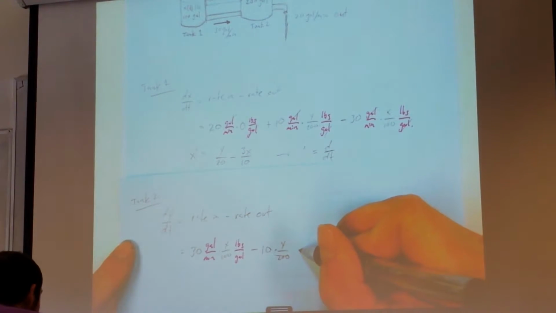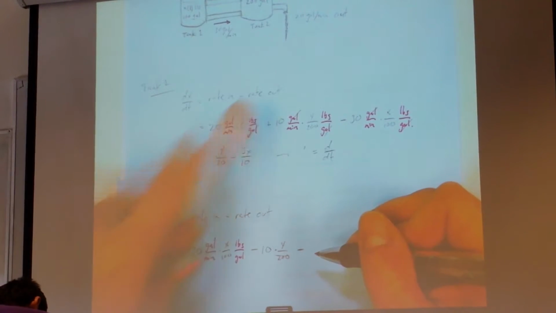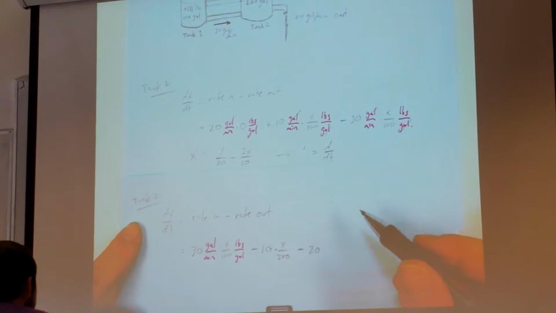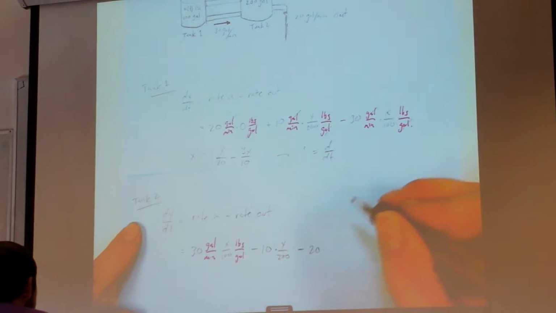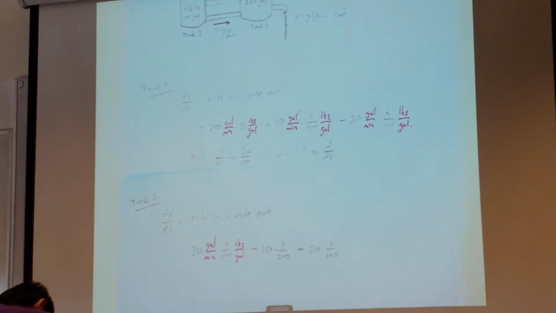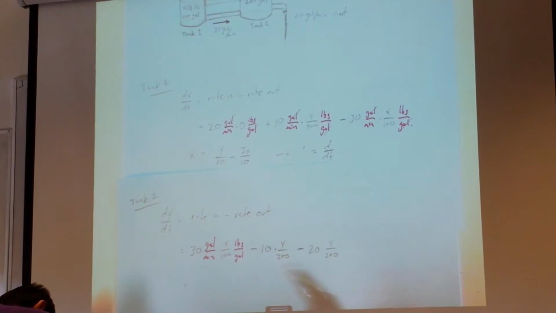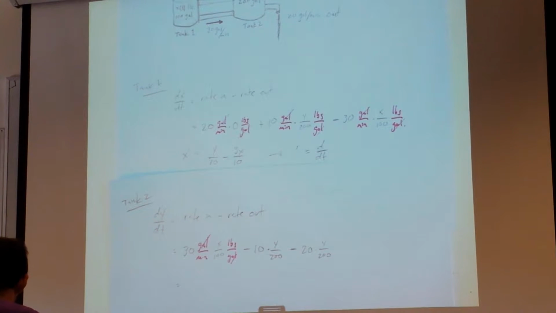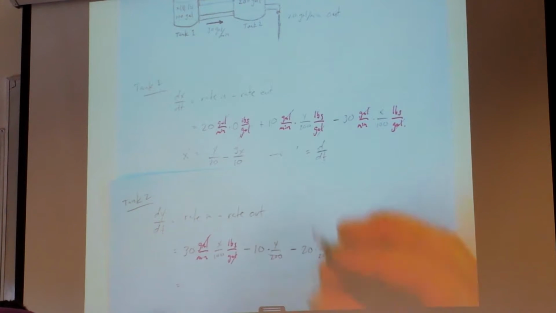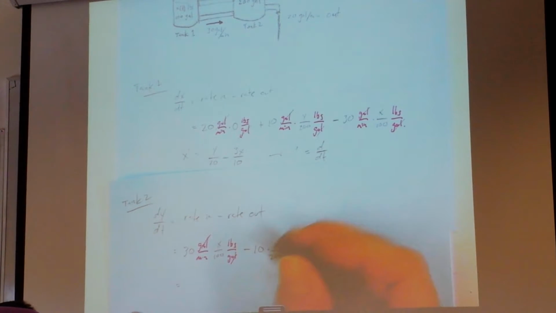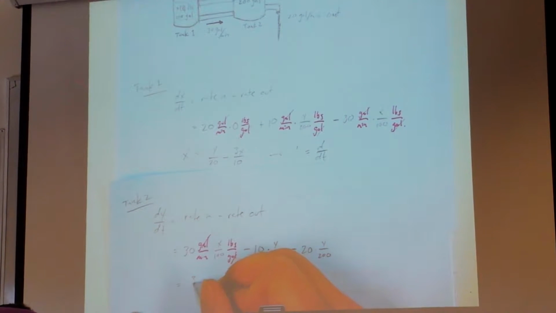And another one coming out, 20 gallons per minute with concentration y over 200. So gallons cancels, and we're talking about a rate in terms of pounds per minute. So this will be 3x over 10 again,